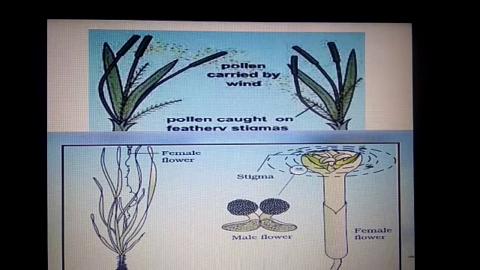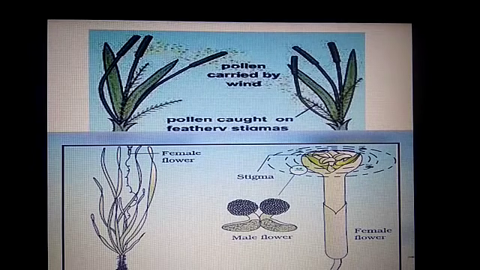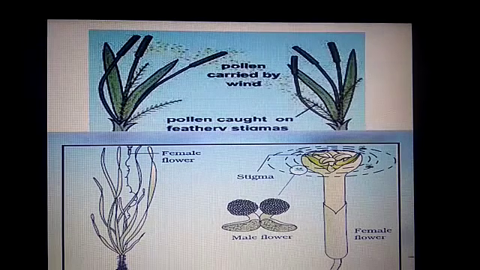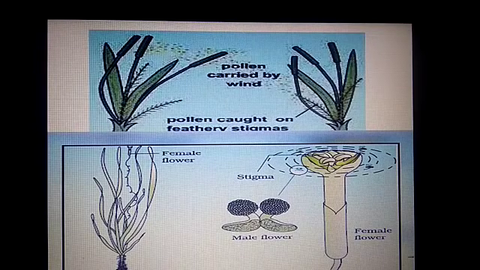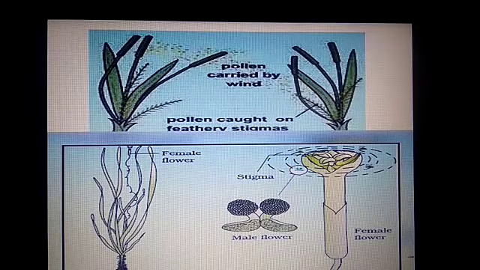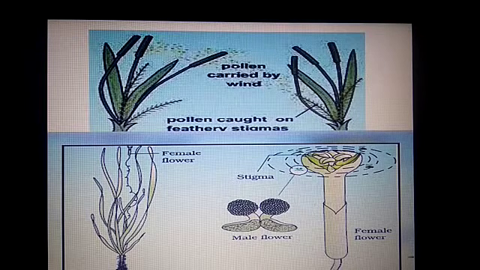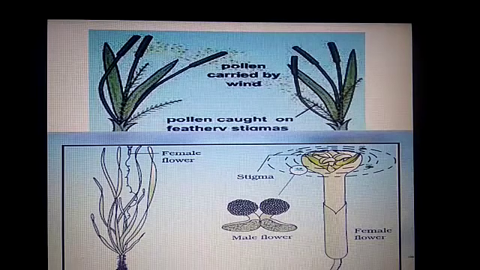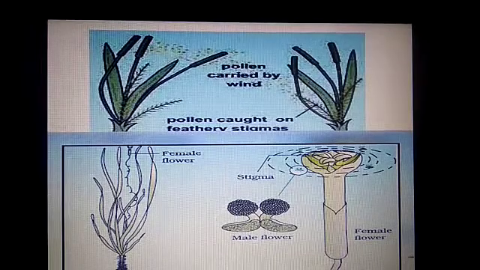So what are the characteristics of wind-pollinated flowers? They are usually small and dull in color. They have long anthers. The other agent is water pollination. Vallisneria is one good example of water-pollinated flowers. These are aquatic plants whose male flowers are submerged in water and detach when they mature. So this is about pollination, and later we will discuss more in the next class.